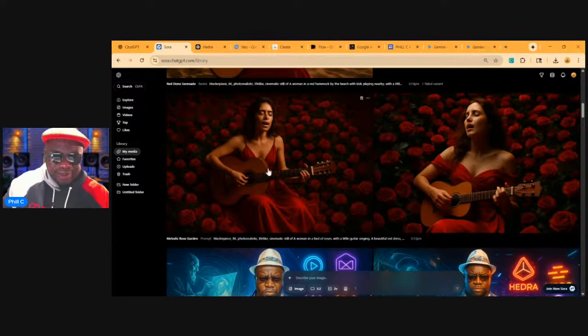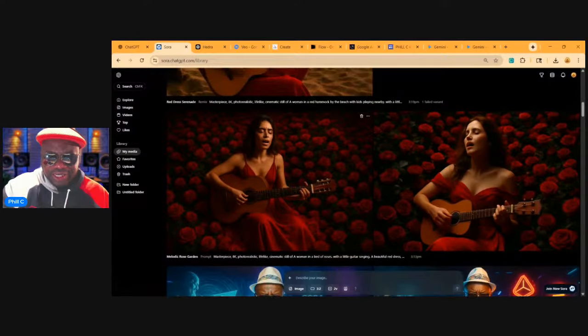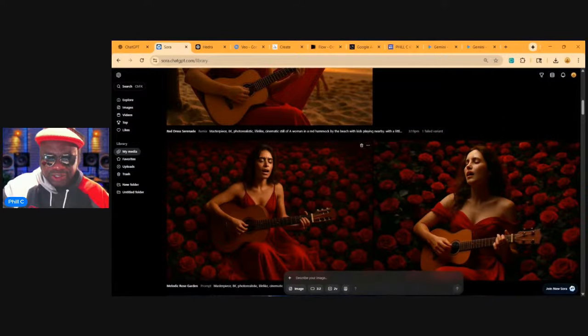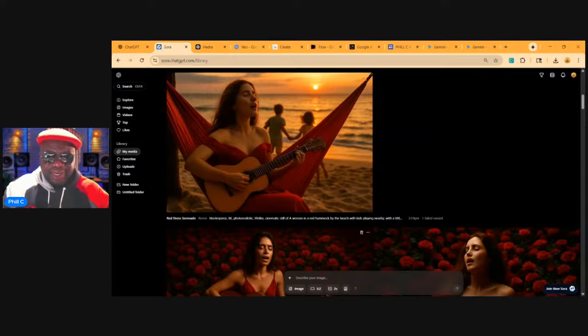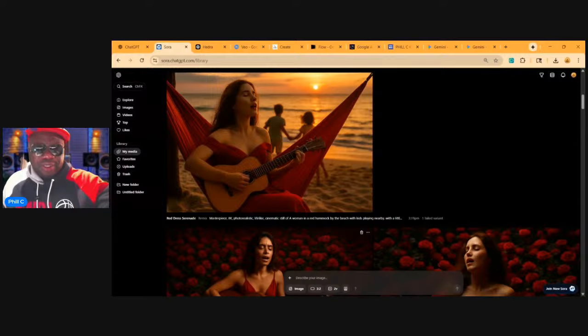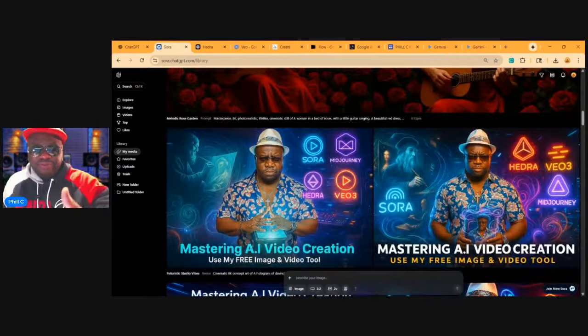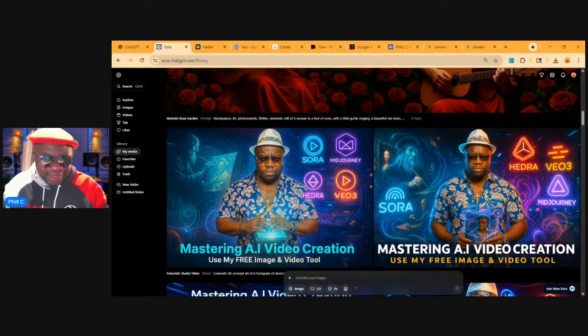We got the idea, and then we just kept drilling down on that idea, looking for iterations of it, trying to keep the lady the same, and I showed you how to keep the character consistent. So you see all these ones of me being kept consistent. Why is that? It's all based on the same image. I'm always prompting it with my original image.